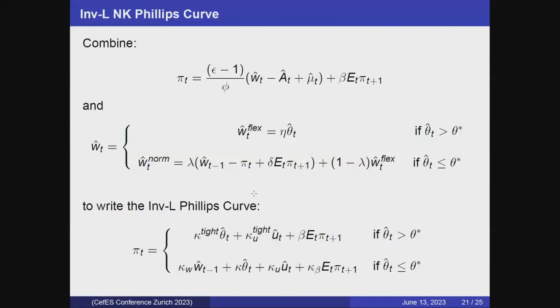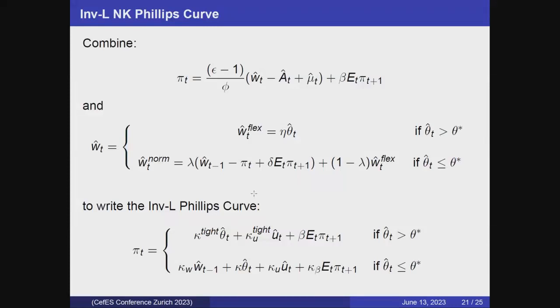So how do we get the inverse Phillips curve I showed you before? Basically, we combine the aggregate supply equation. You can see there is a standard aggregate supply equation in which inflation depends on wages and unemployment. Actually, there is also an employment there, I didn't put it. And then we have the wage equation in which wages depend on theta and on the wage norm. So when we combine this equation, we get the inverse aggregate supply equation, in which inflation is a function of theta